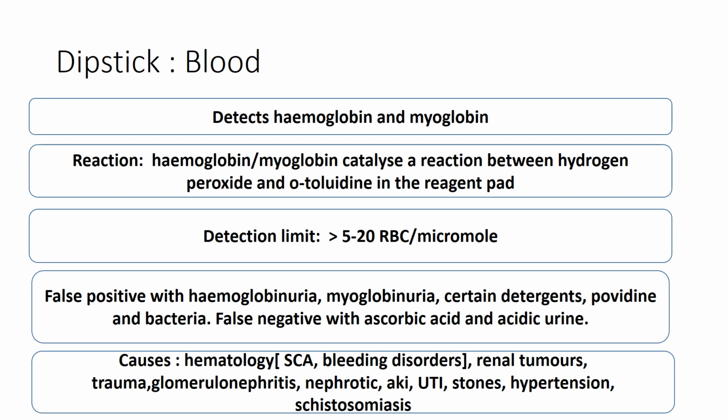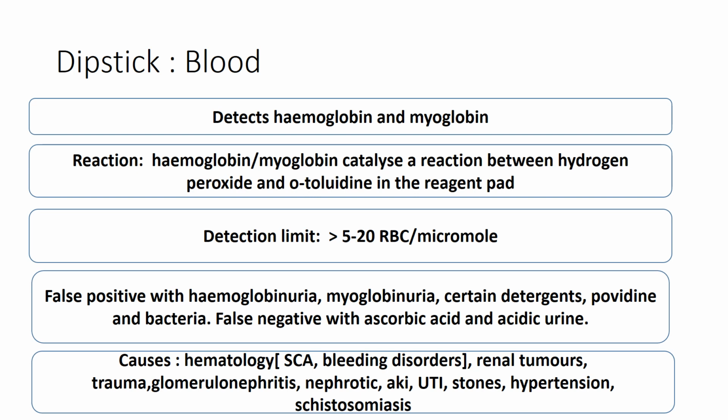Infections of the urinary tract, so pyelonephritis, viral cystitis may all lead to a positive blood test on dipstick. Malignancies, renal tumors, patients that have nephroblastoma, for example, may present with hematuria. Patients that have had trauma to their kidneys, inflammation of the kidney that may not necessarily be associated with infection, things like glomerulonephritis. Sometimes in patients with nephrotic syndrome, we get microscopic